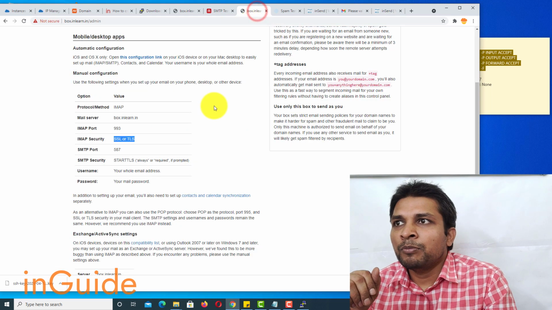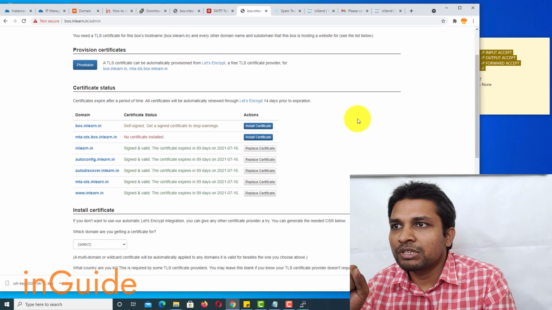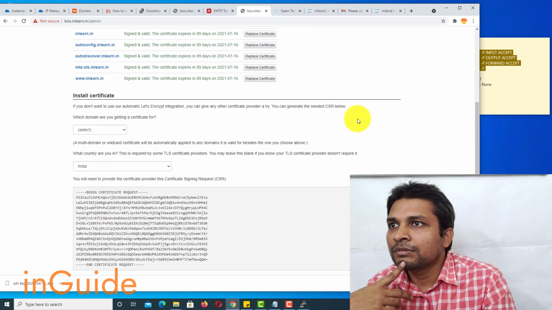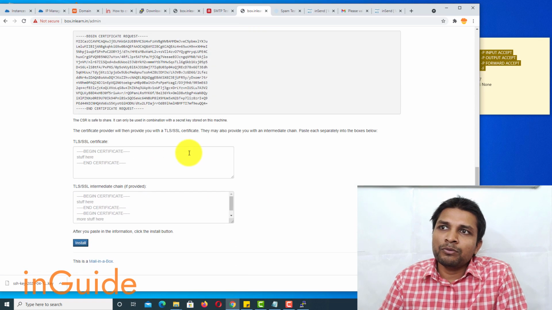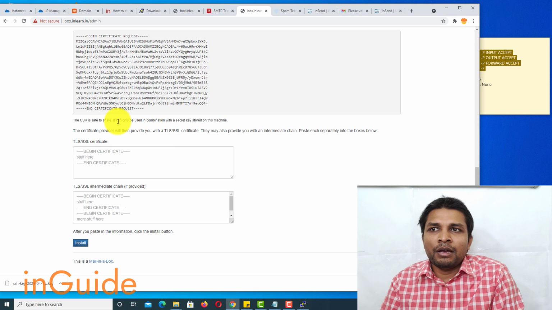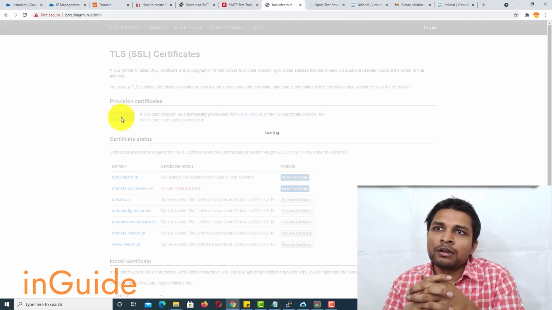Now coming to the problem of SSL. So here we go to SSL certificate, and alright, let's try provisioning the certificate once again, and I hope this time it should work. Alright, so it's loading, and let's wait.